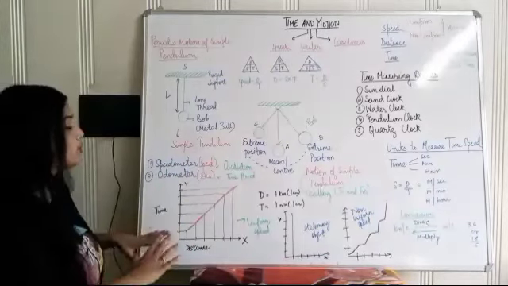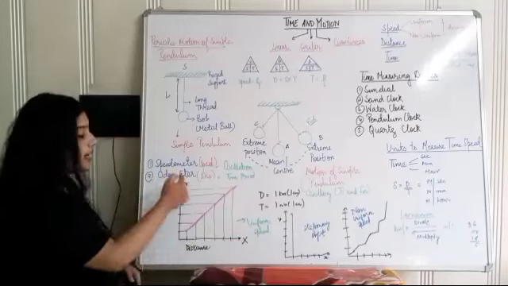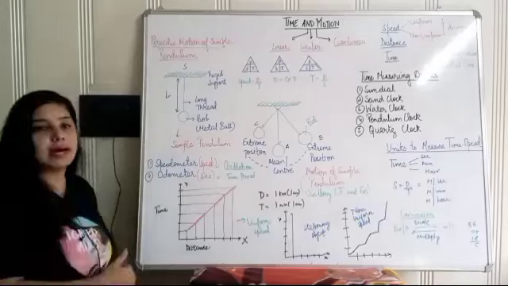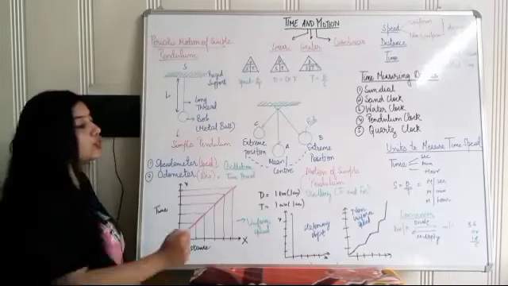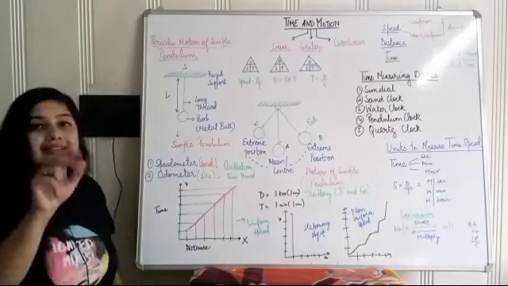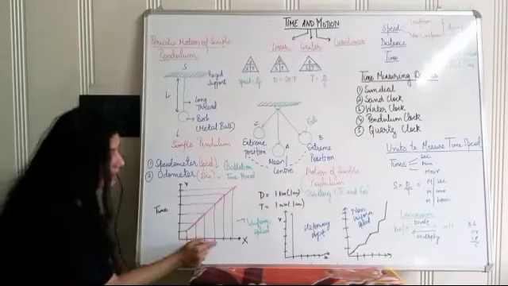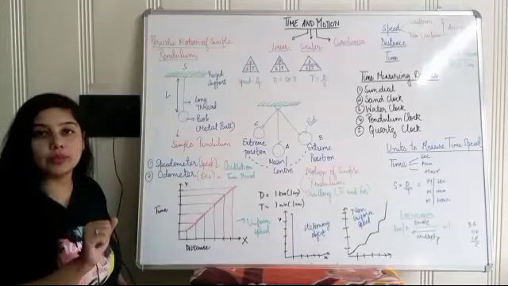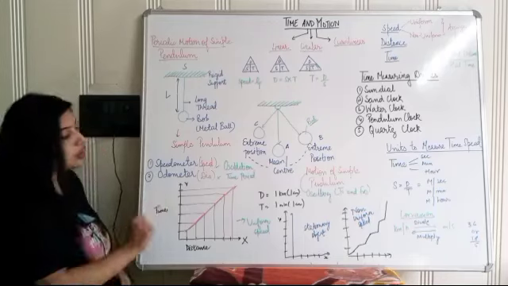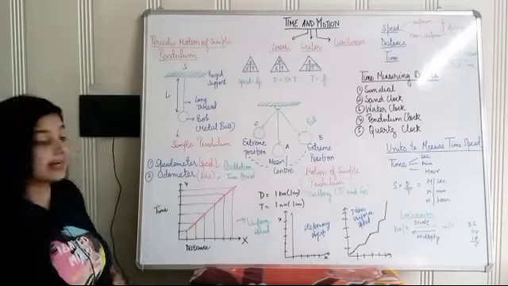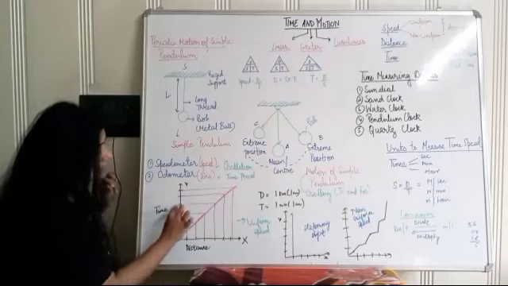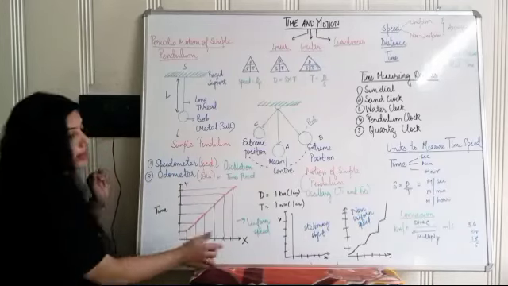Now here what we are going to do, we are going to make an x-axis and a y-axis, and we are going to divide all these into equal parts. Like on the x-axis we are going to write distance, and 1 kilometer will be 1 centimeter. Now this 1 centimeter will be equal to 1 kilometer, and in this we'll make time, and here it will be 1 minute equals 1 kilometer, right? So now this centimeter will be 1 minute and this centimeter will be 1 kilometer.